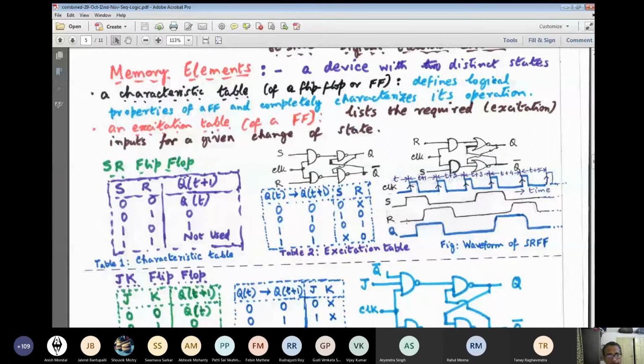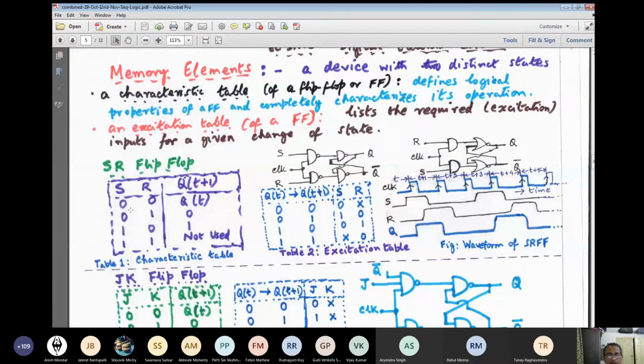Now look again at the second positive edge. Just prior to this, you see S has fallen from 1 to 0, whereas R has gone from 0 to 1. So now R equals 1 and S equals 0. We refer to the second row of the function table. Here we see if S is 0 and R is 1, then Q is supposed to be 0. That means the flip-flop will go to the clear state. That means Q will fall from logic 1 to logic 0.